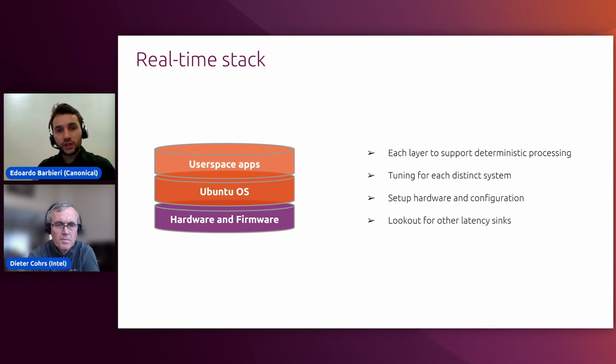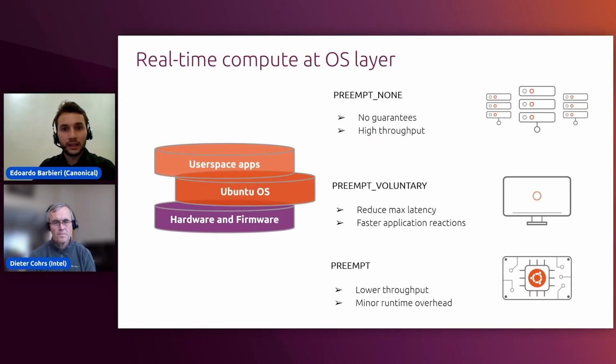So just switching to a real-time kernel will not make your system real-time, because a real-time kernel is one component of a real-time system. And even with a real-time capable kernel, specific tuning for each distinct application is normally required. So in the next few slides, we will go deep into each layer of the stack represented here, including the lower levels of the illustration where our colleague from Intel will take the lead. So let's start with how to achieve real time at the operating system level.